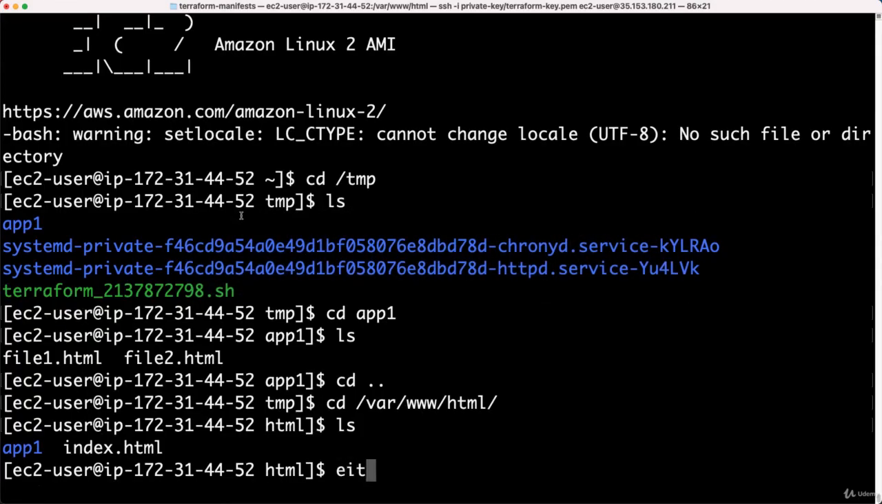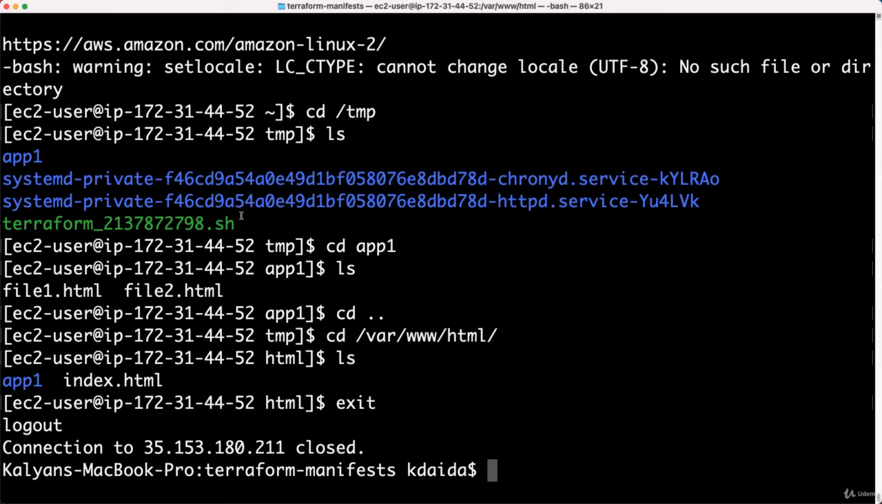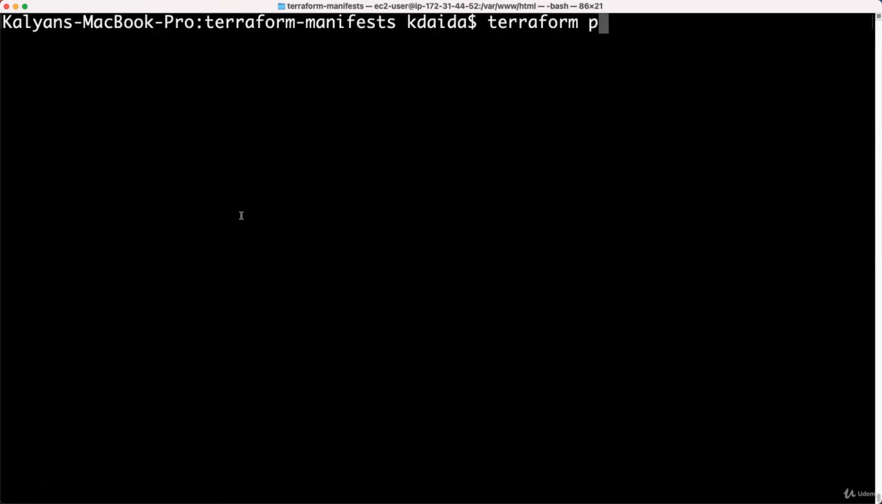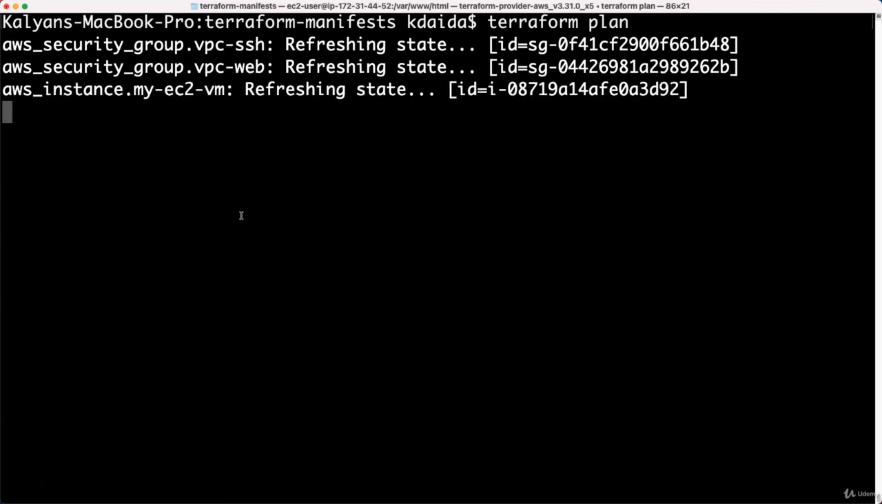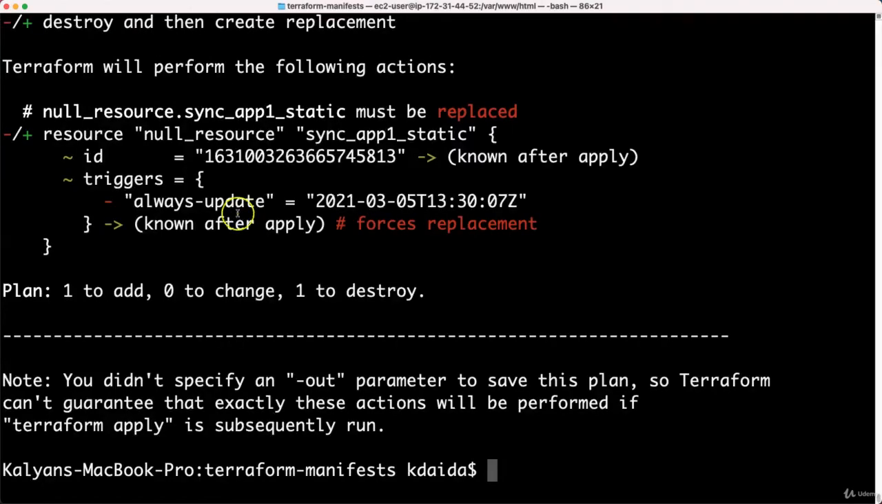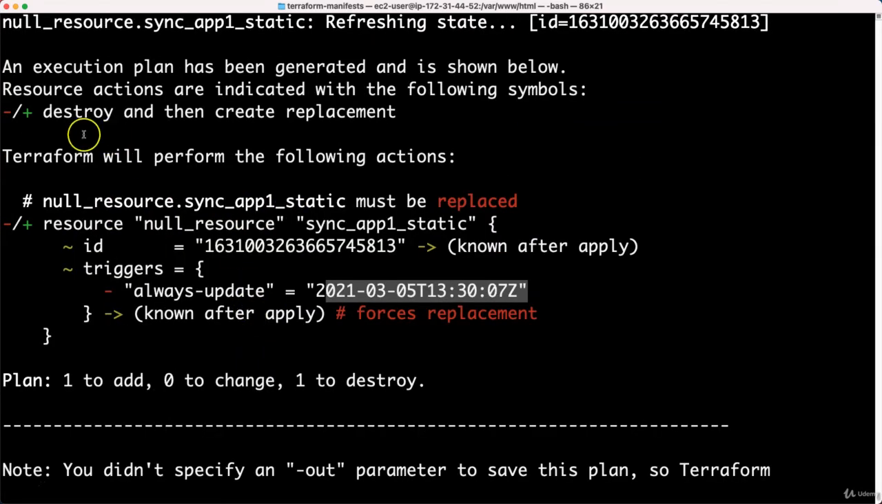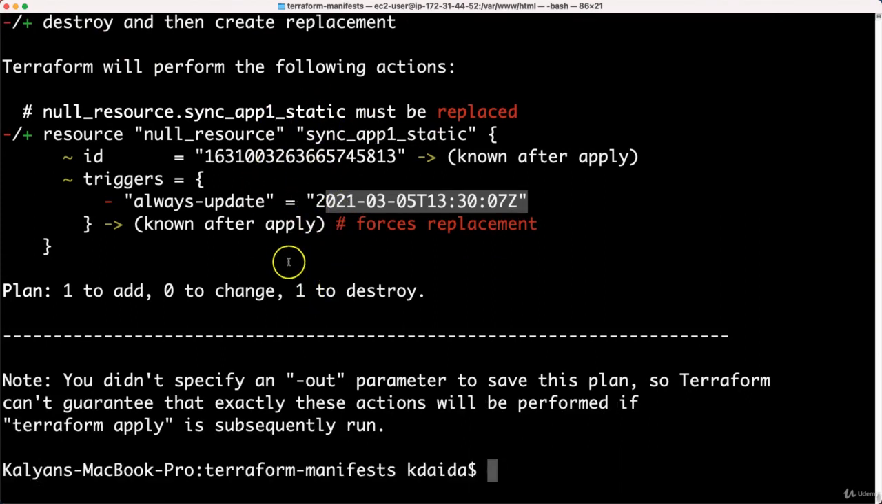Exit from the EC2 instance. Now we are in the Terraform manifests. Let me say terraform plan. Irrespective of whether you update there or not, whenever you run terraform plan, it will show the changes for the null resource, because you have said that the timestamp will always be the changing state. Which means whenever the timestamp changes, it needs to do the work for us. See, the trigger is always the timestamp. With that said, it forces a replacement of this null resource, so it will destroy and recreate this null resource, which will sync the latest changes